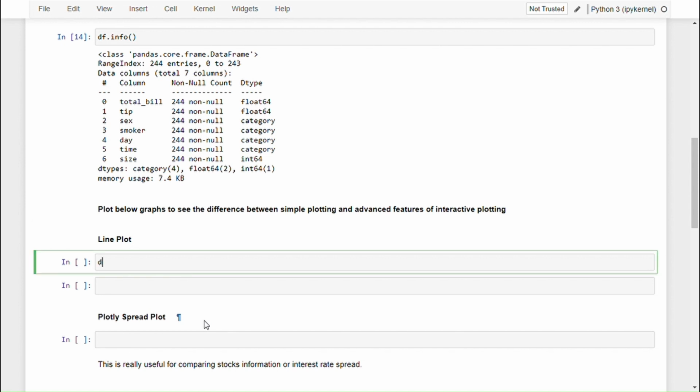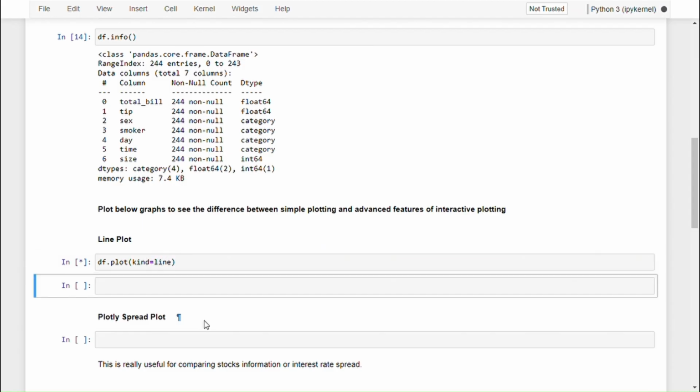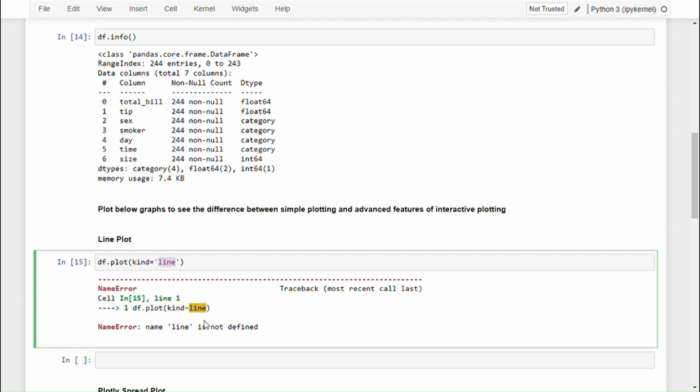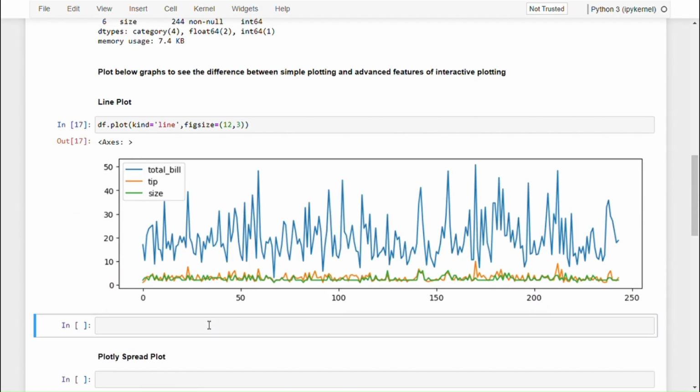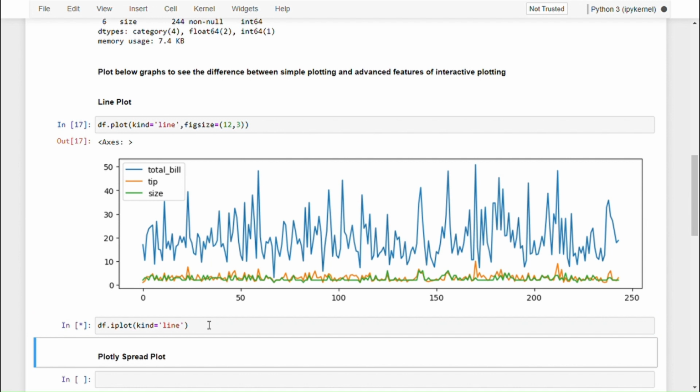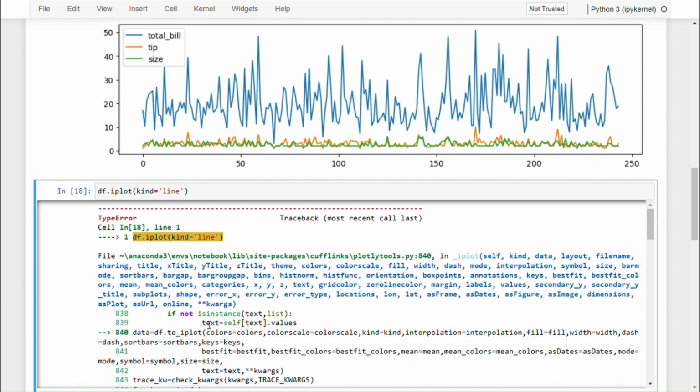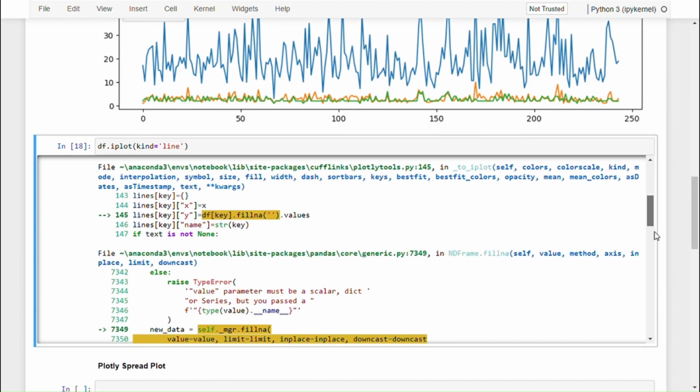So let's plot it. So we got an error here,